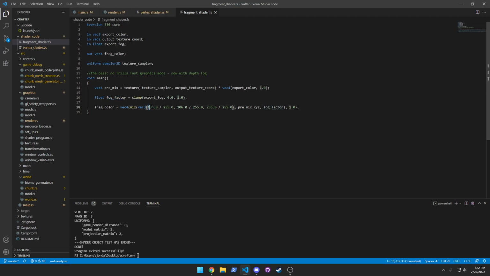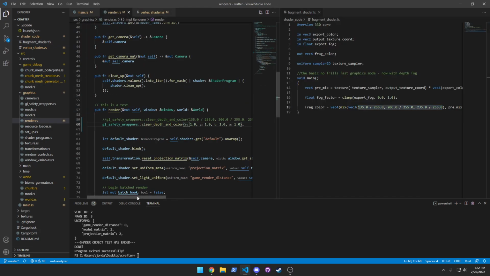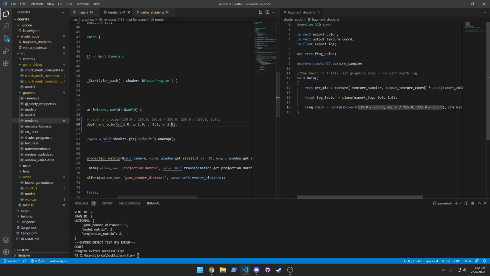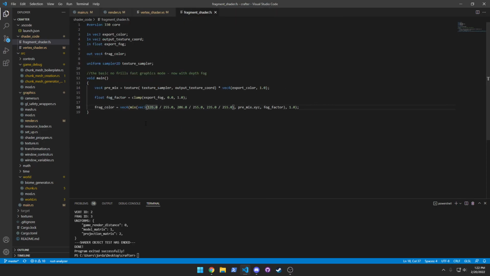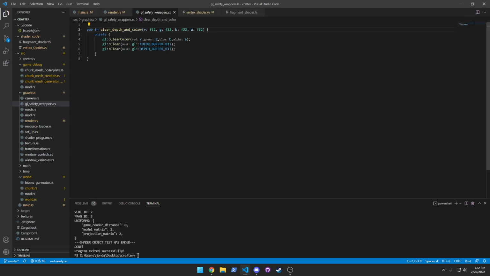So you can see that this is actually, if I move this right here, exactly the same as the clear color, which is the GL, hang on, I forget the name of it. Oh my goodness. It's the buffer bit. Yeah, so it's color buffer bit,